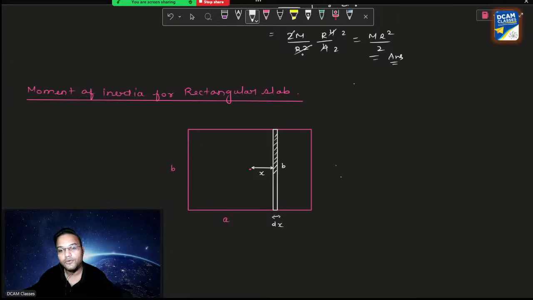Now if I want to calculate the mass per unit area, how will it be? Mass per unit area, sigma, will be what? Its total mass divided by the area, a into b, correct? Now what will be the mass dm of this rod that we have taken? Tell me. Sigma into